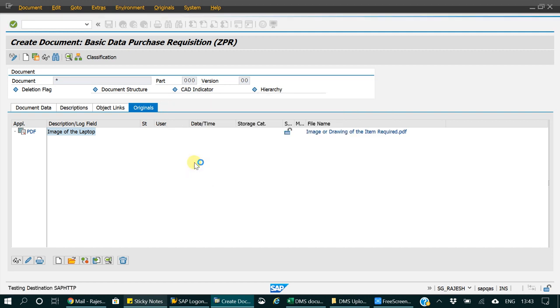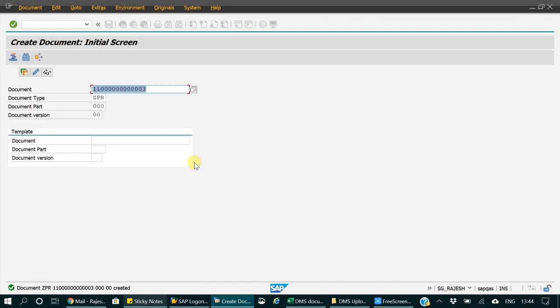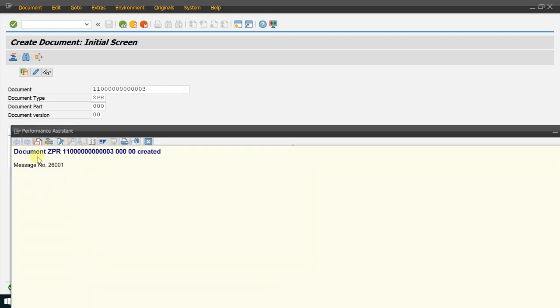And once it is uploaded, the new document number will be generated. Here you can see document number ZPR starting with 11 and ending with 3 has been created.